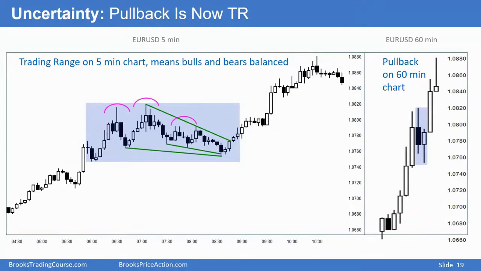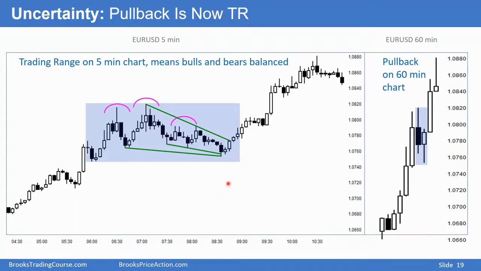Here's a 5-minute chart of the euro versus the dollar, and you have a bull trend and then a trading range lasting maybe 30 or 40 bars. Initially, the odds favor the bulls, but every bar that gets added to the range makes the probability closer and closer to 50-50. The bears see a head and shoulders top, left shoulder, head, right shoulder. The bulls see a nested wedge bull flag, 1, 2, 3, or 1, 2, or 3.